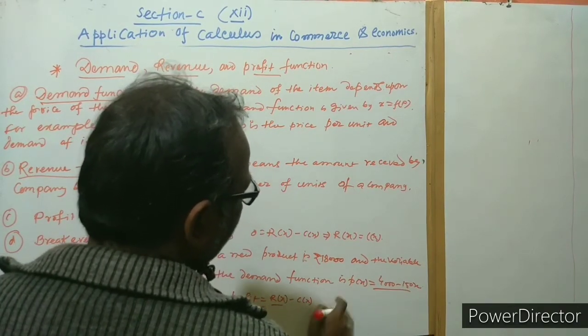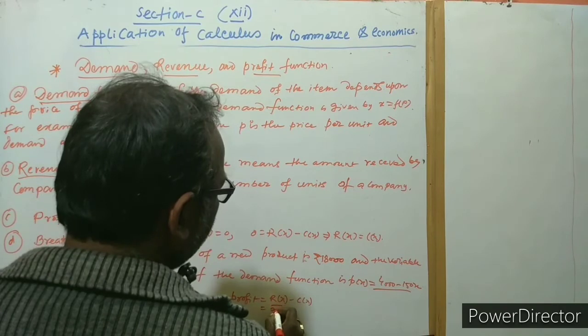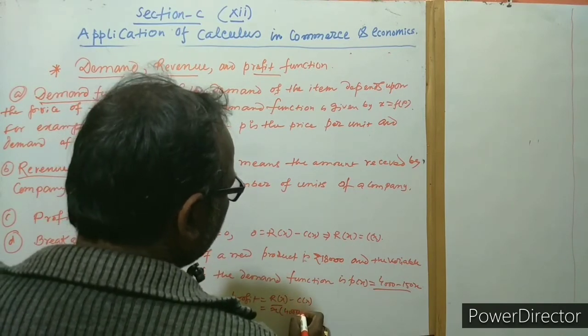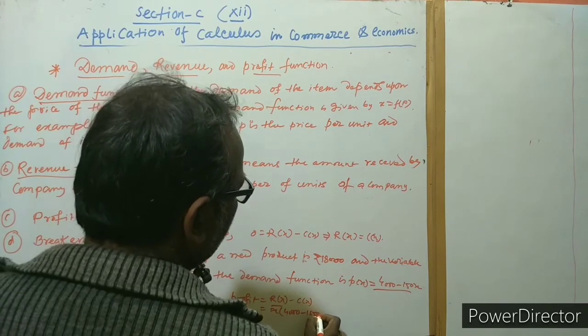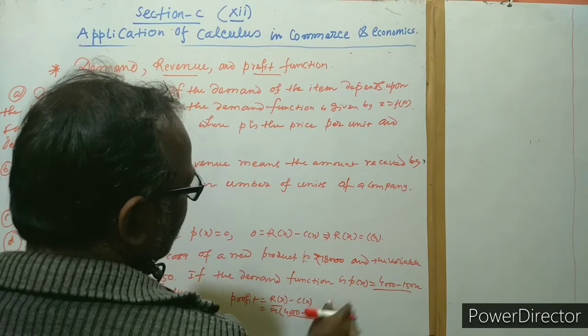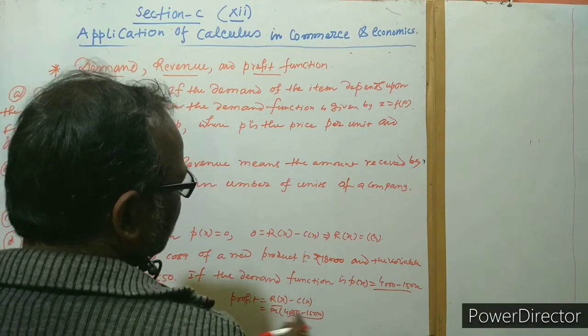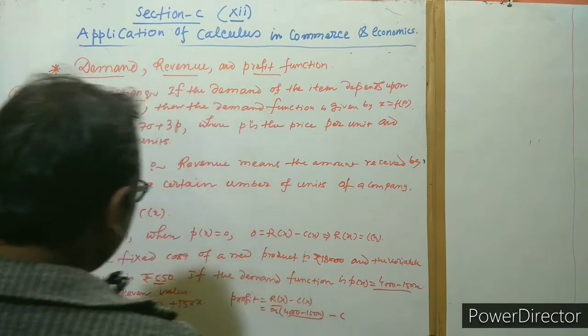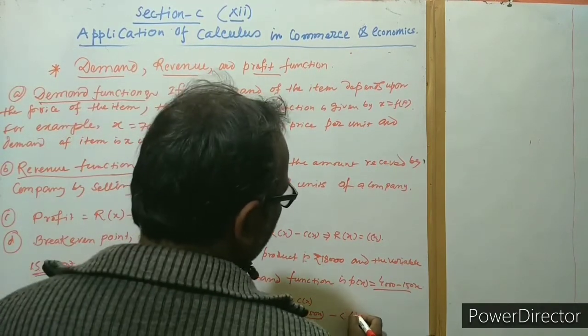If we multiply P by x, we get the revenue. P is 4,000 minus 150x, as given, so this is the per unit price. If we multiply by x, this is the whole selling price, minus the cost price. The cost price is 18,000